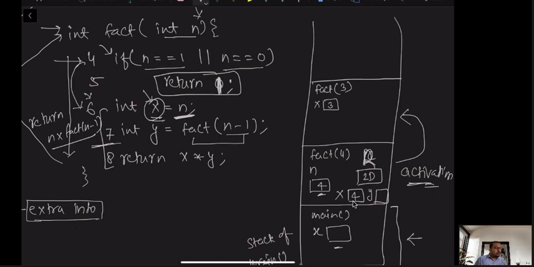Because when we have called this function from here with fact of n minus 1, the control has been transferred to this, and here the new variable is formed with value 3, n equal to 3. So here the value of n is 3, which is initialized to x. So we have so many x right now, so many n's right now.